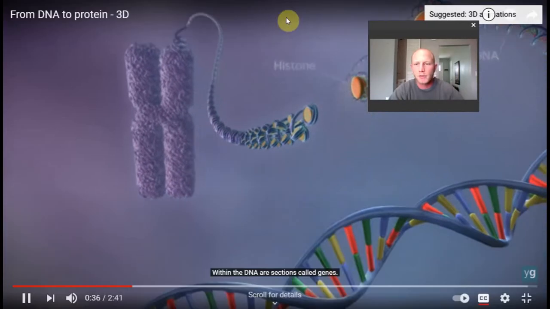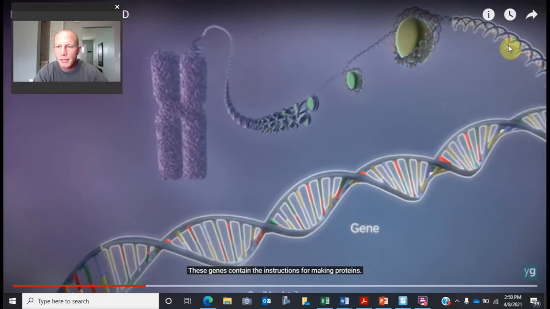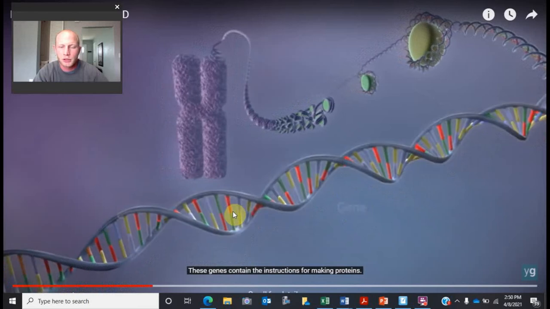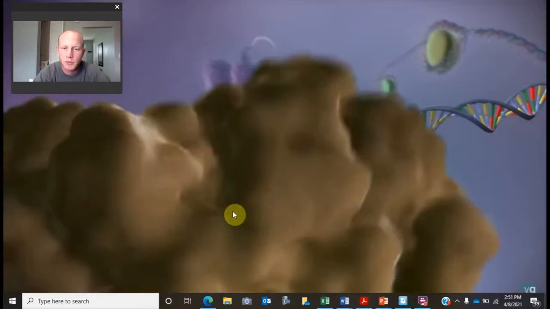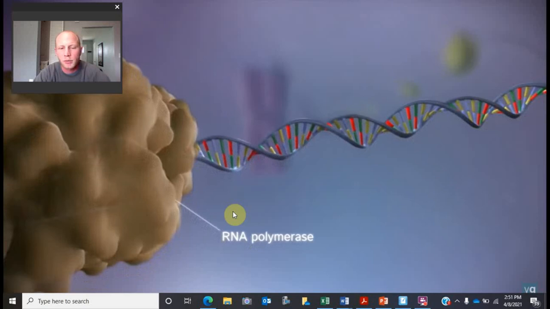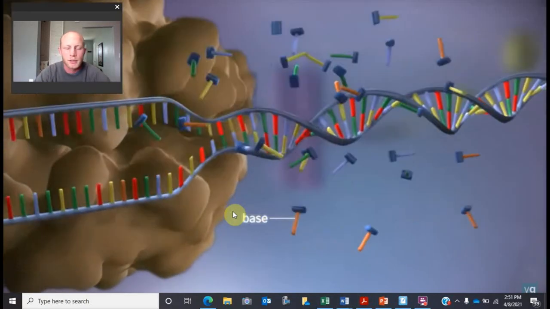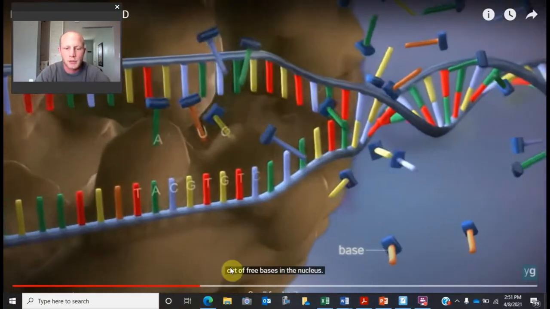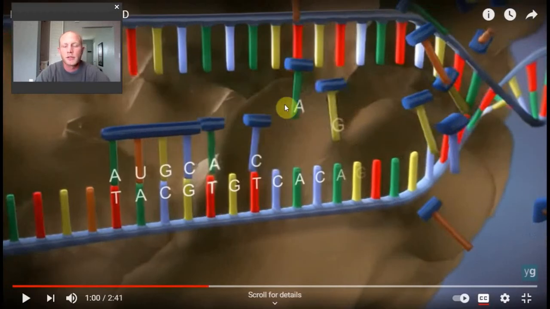Within the DNA are sections called genes. These genes contain the instructions for making proteins. It's just a section of the DNA that encodes for a protein. When a gene is switched on, an enzyme called RNA polymerase attaches to the start of the gene. So RNA polymerase moves along the DNA, making a strand of messenger RNA out of 3 bases in the nucleus. All right. So this RNA polymerase, remember, if we say ASE at the end of the name,